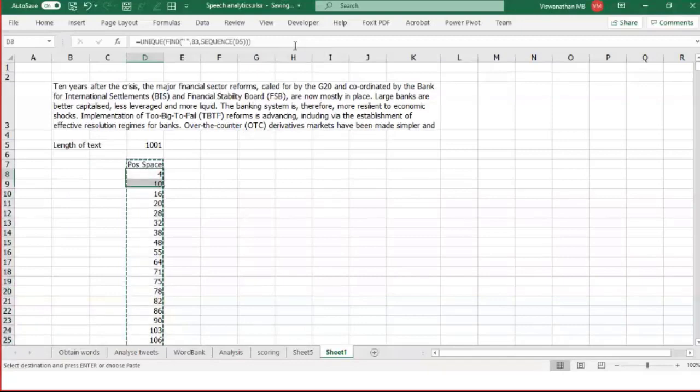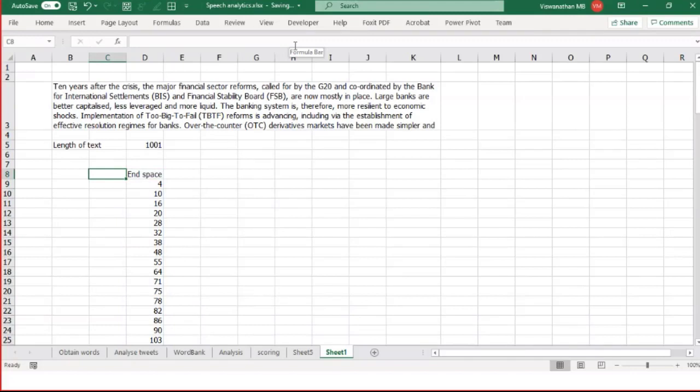Let me just put it here. So this is where the ending space is. For each letter you're dealing with, this is where a space occurs. Now, for every letter I have to figure out where the starting space starts, so that I can extract the word out of this list. So where does the starting space start?